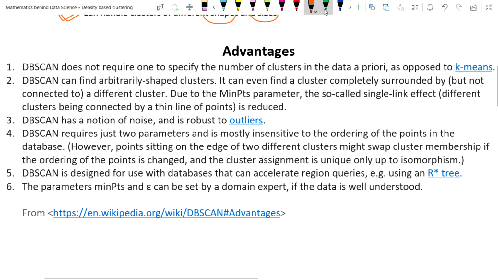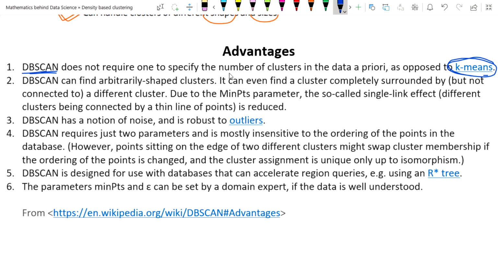The first advantage is that DBSCAN does not require one to specify the number of clusters. This is opposed to k-means, whose disadvantage we will see, but it can easily be solved by simply using the DBSCAN algorithm.